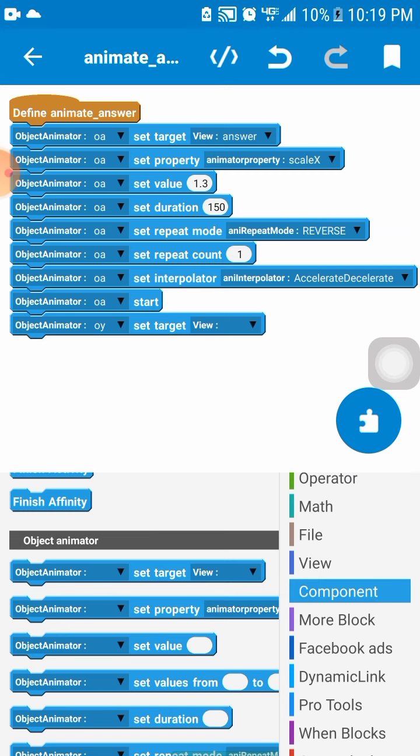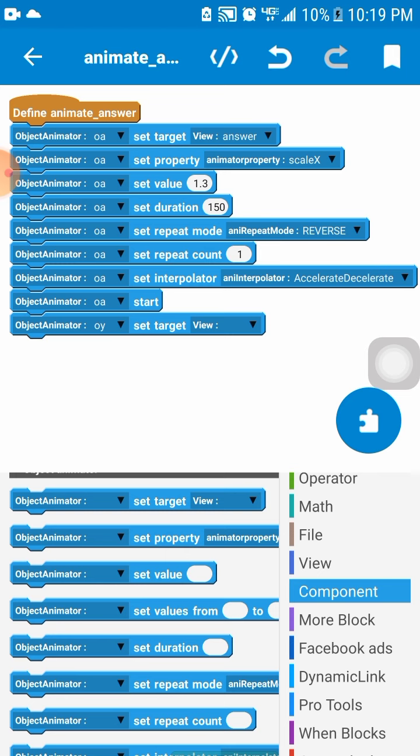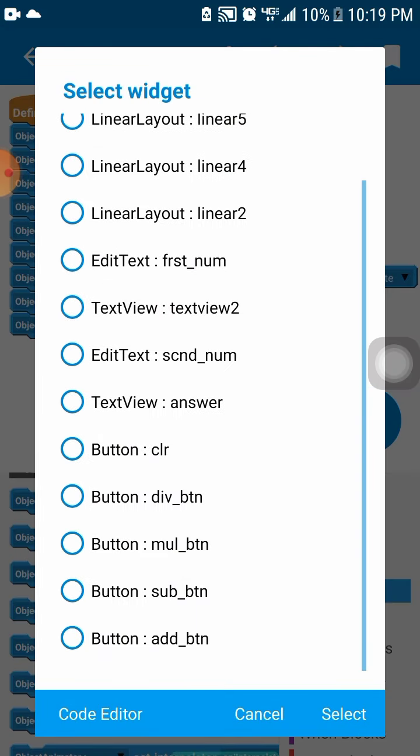You cannot use one two times at the same time. You can use one, and after using it, use it again, but we are going to use two so that they run simultaneously. OA is going to be animating the widget on the x-axis, while OY is going to be animating on the y-axis. That's the concept. So after setting the target, object animator OY, and the target to be answer, text view answer,